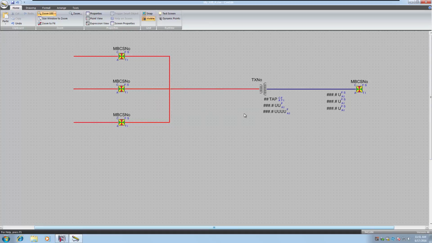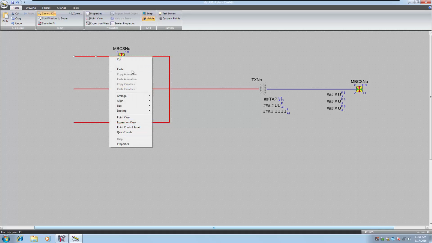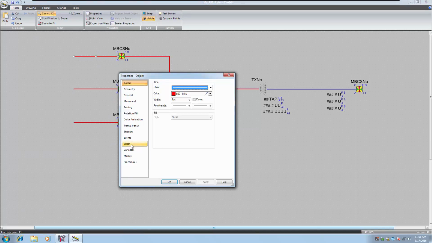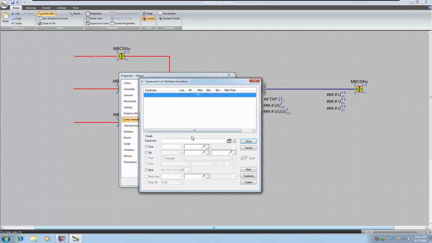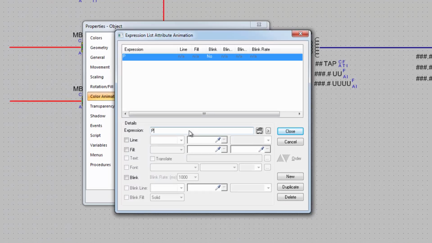But I'm just quickly going to show you one simple bus line coloring animation example. So I'm going to select the feeder line off the CB2 breaker, and what we want to do is animate this line so it changes to black if this breaker is opened. So we right click and choose Properties. We go to the Color Animation tab and we want to create an expression. So I'm going to enter the expression POW for the point SMT